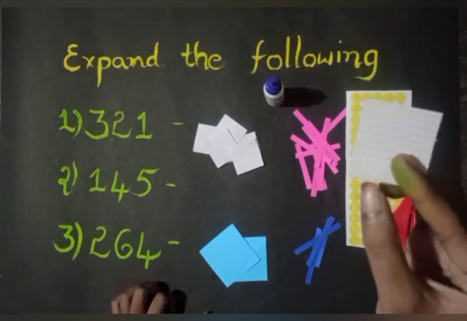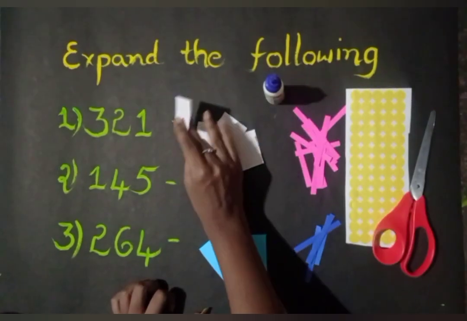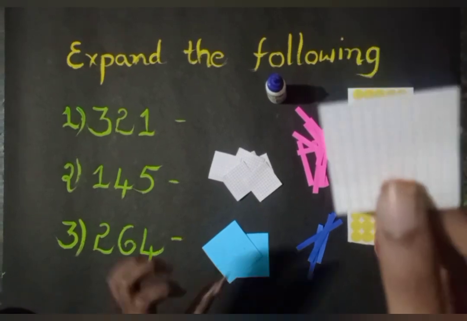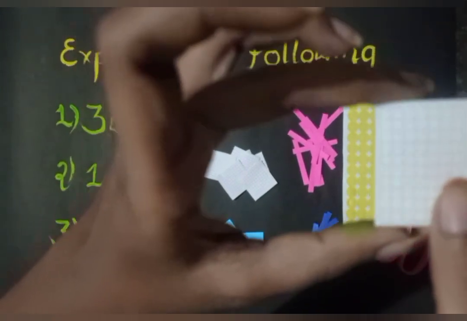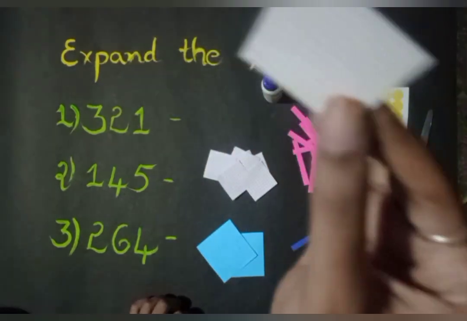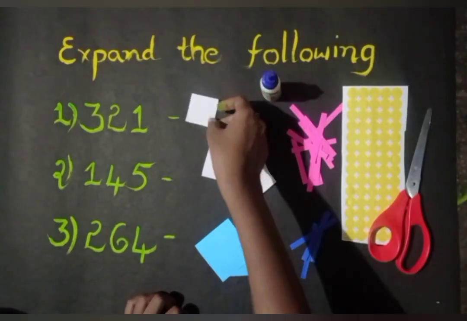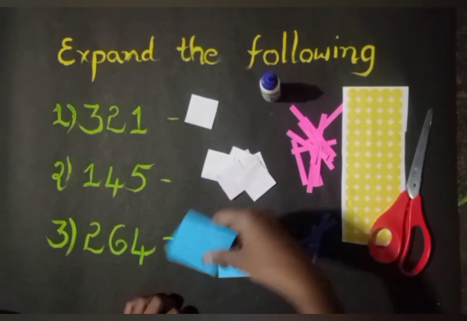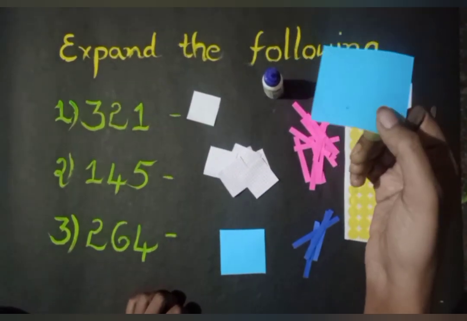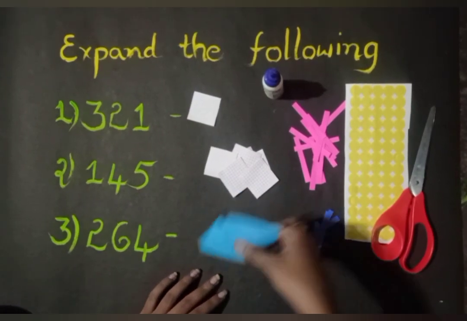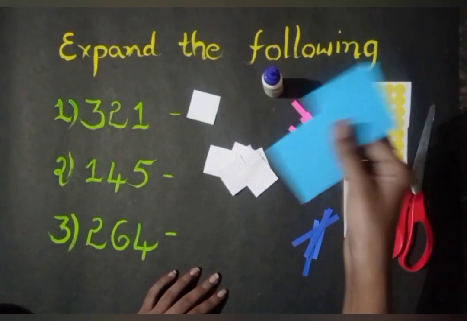See here what I am using, I'll tell you. This is a square block. I am using this for 100. It means one square, one grid, one complete square consists of 100 blocks. It means this represents 100. If you can't make it at your house, then you can use a different color of square shape. Okay, then it indicates 100. This one will be the 100 block.